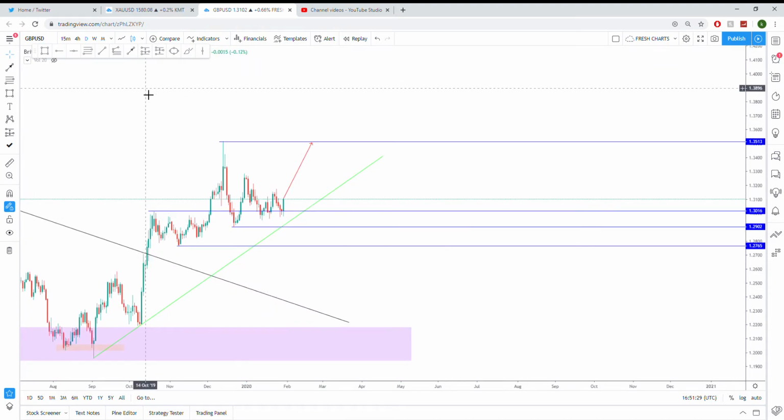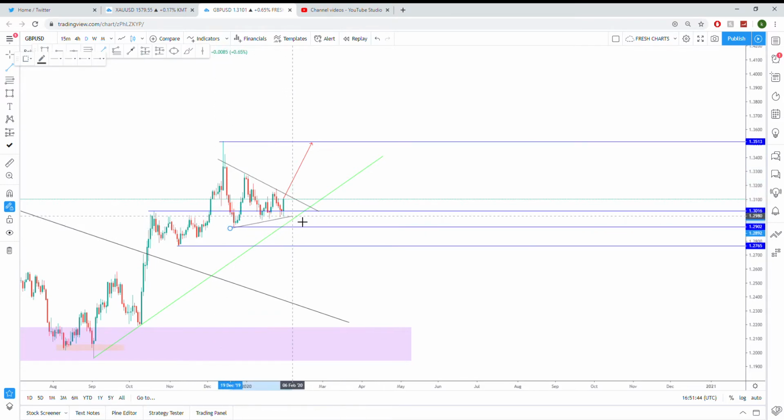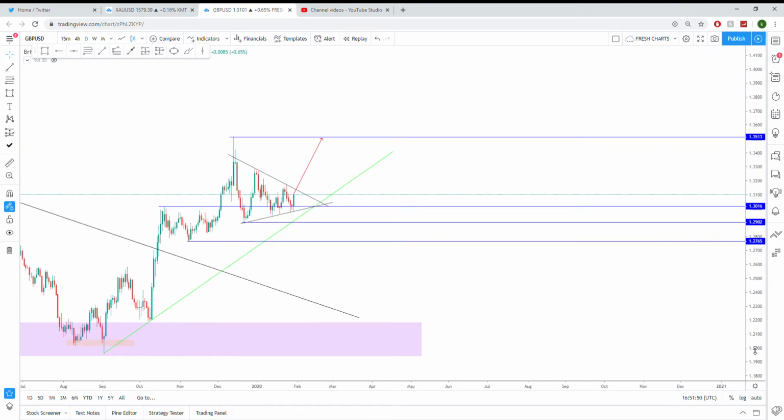If I now start to draw in some form of pattern, if you study patterns, this is typically known as a wedge pattern,